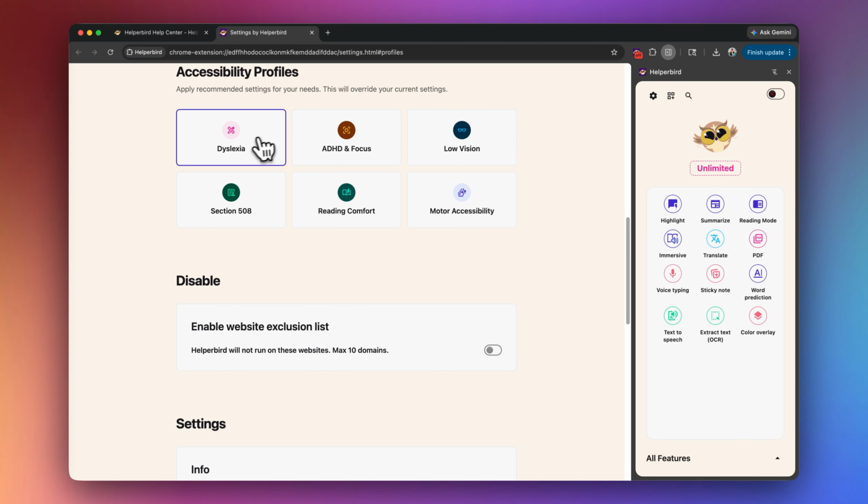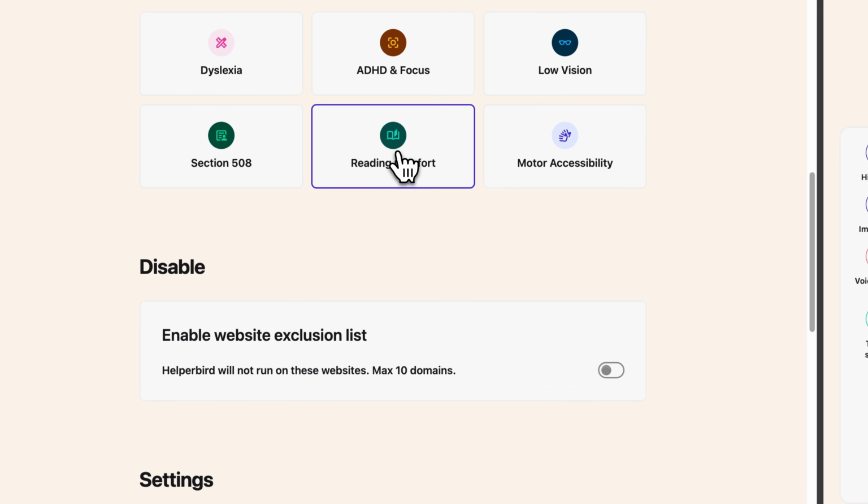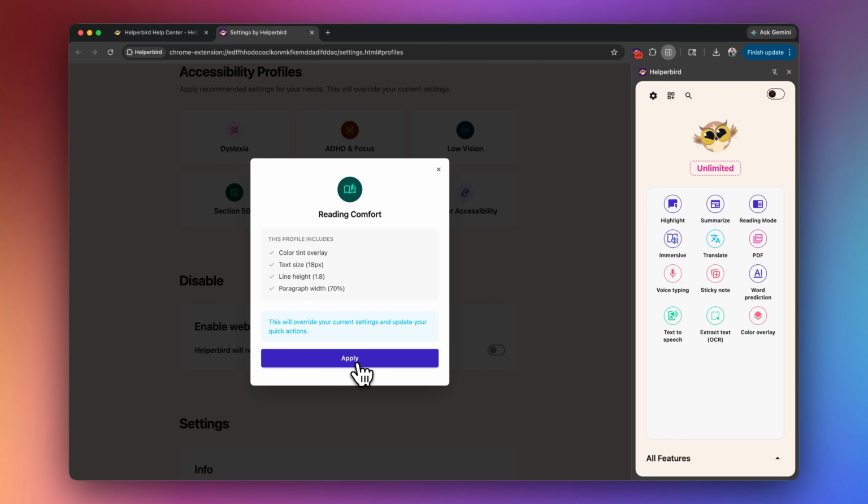Each of these profiles will change the Quick Actions menu and enable different settings and features within Helperbird that are related to each of these profiles. Let's choose Reading Comfort for an example. Here it will show what settings will be enabled, and then when you're ready, you just click the Apply button